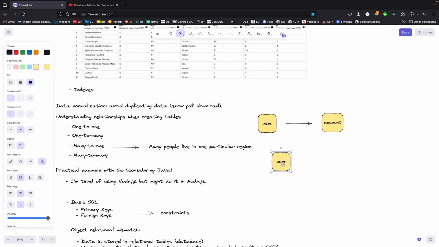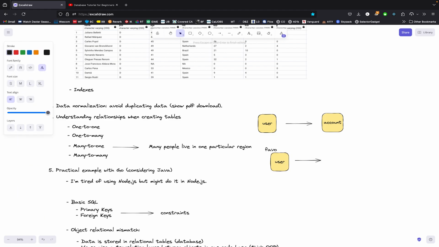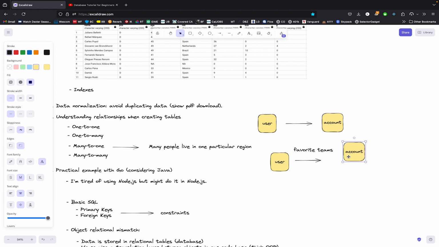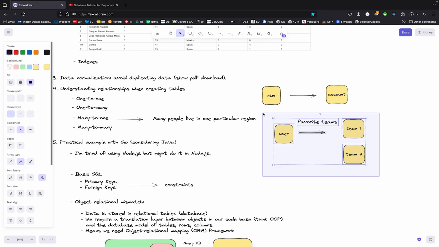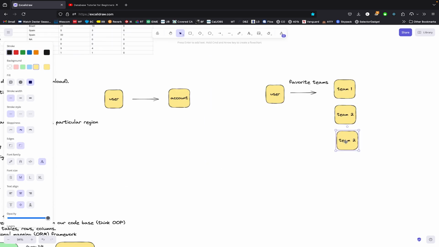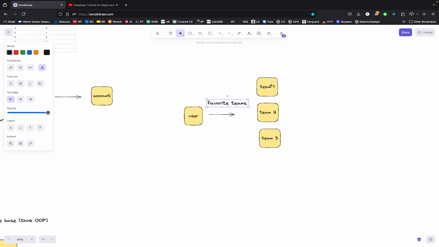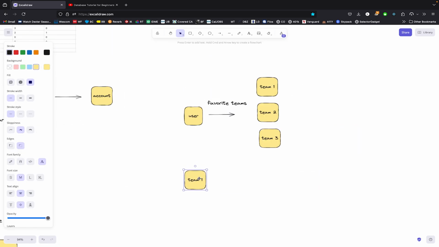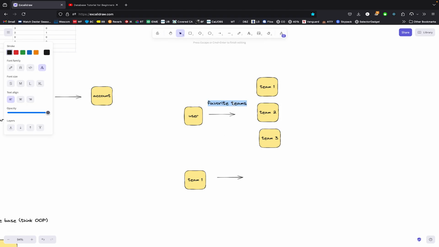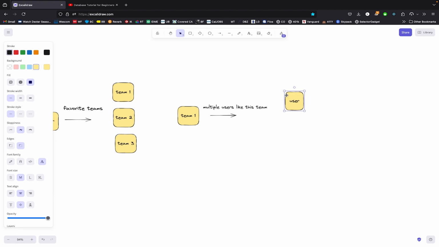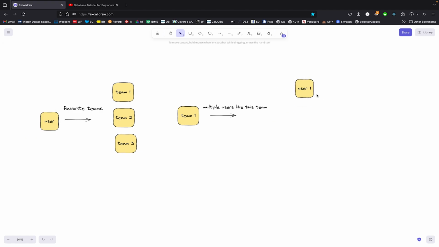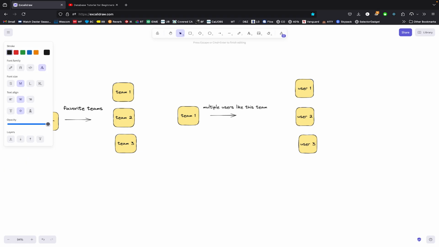We can think of a user having favorite teams. So a user can have multiple teams that they like, right? Team 1, team 2, let me move this over, and team 3. And conversely, one team, so for example, team 1, can be favorited by multiple users. Actually, let me move this over here. So we can have, let's say, user 1 likes this team, user 2 likes this team, and user 3 likes